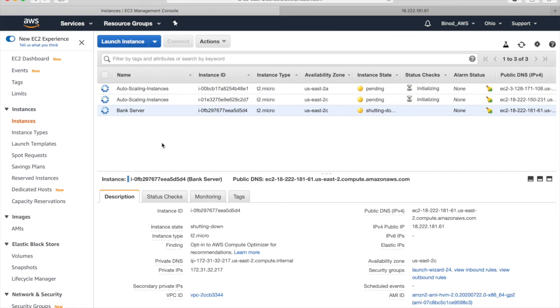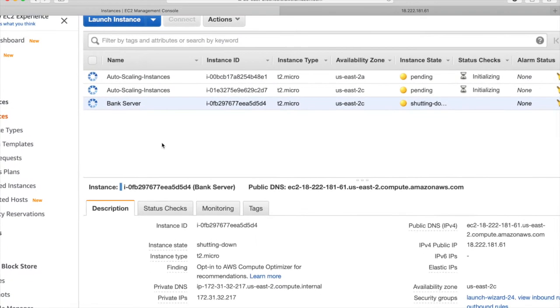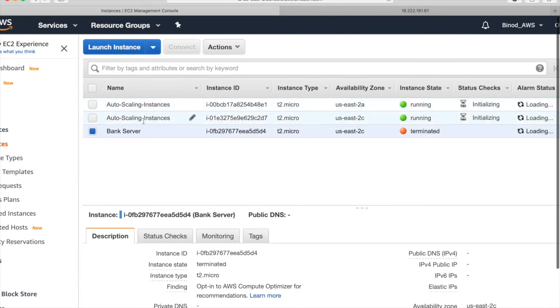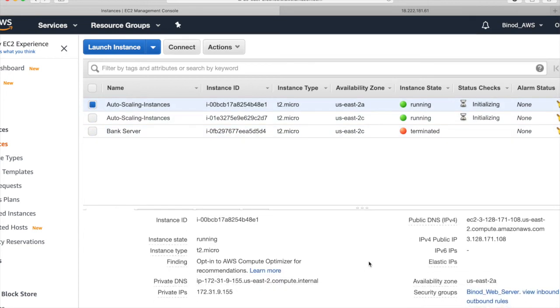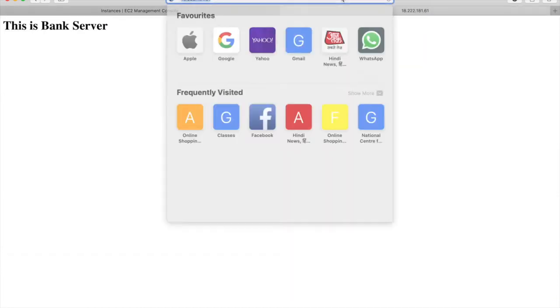That's why I had given the name, so we should come to know by which way this instance has been created here. So now we can see we have the two instances. Now you go to any instance and take the IP address, go to the browser and paste it here. Now you can see that your instance is okay, right?